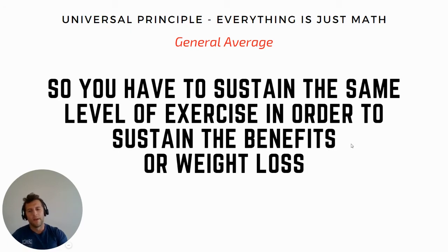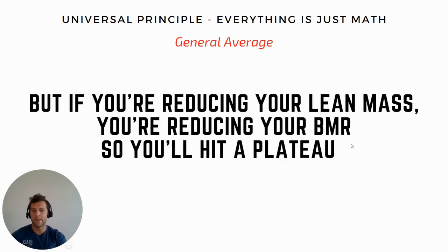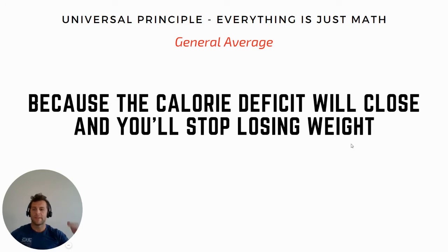So you have to sustain that same level of exercise and intensity in order to sustain the benefits of weight loss. If you were using exercise to lose weight from creating a caloric deficit, then you have to sustain that in order to maintain that weight loss over time. You've got to continue the same amount at the same intensity forever. But if you're reducing your body weight and you're reducing your lean mass and you're reducing your basal metabolic rate from the adaptations from exercise, you're going to hit a plateau. There's no doubt about it because the calorie deficit that you started with is going to close